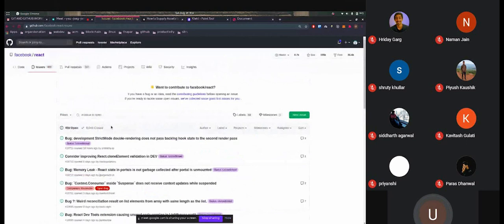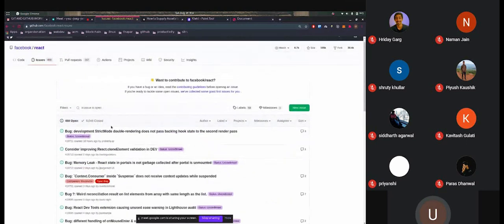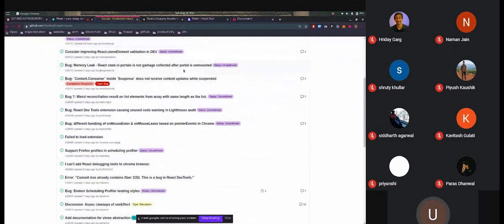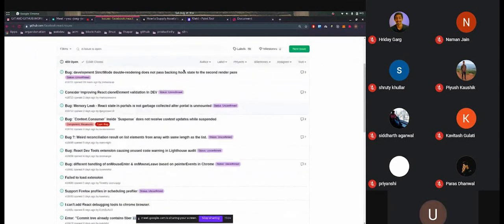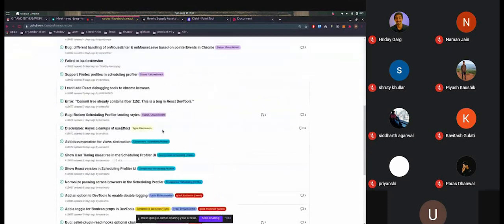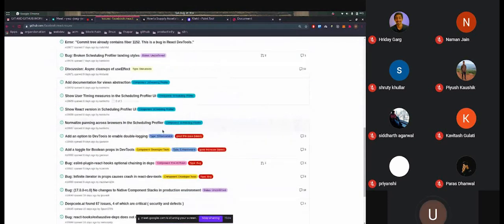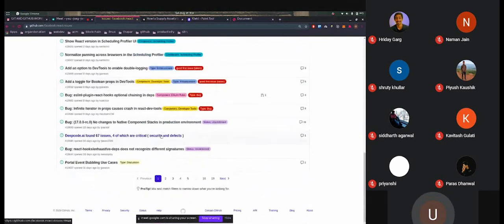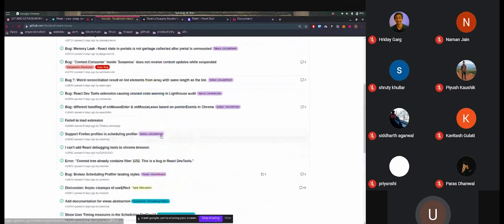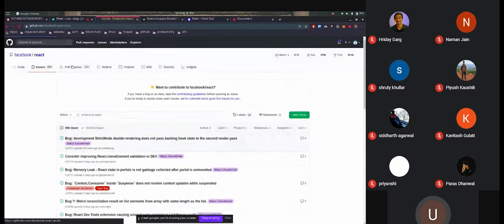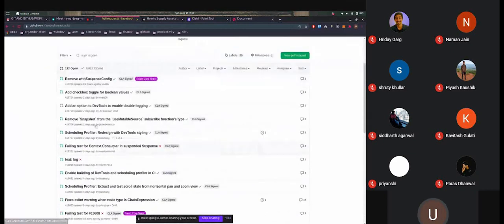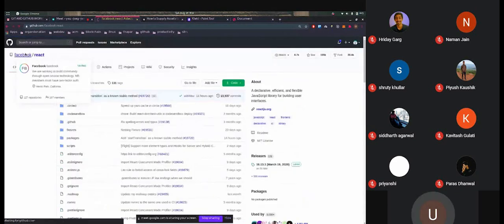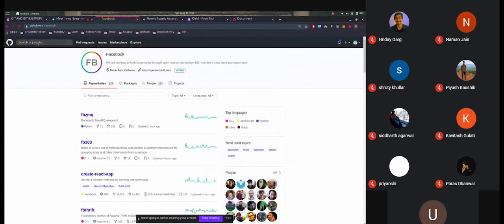So if on a repository I feel that some code is not working or this part of my code is not working, what I do is I create an issue. So after I create an issue, people can see what the issue is and they can contribute by solving that issue. So this is the entire open source workflow that people do. You see, you raise an issue, people see what the issue is, and if they can solve it, they solve it using a pull request. So I will come to this part later. So this is the code base of React. It is a public repository.